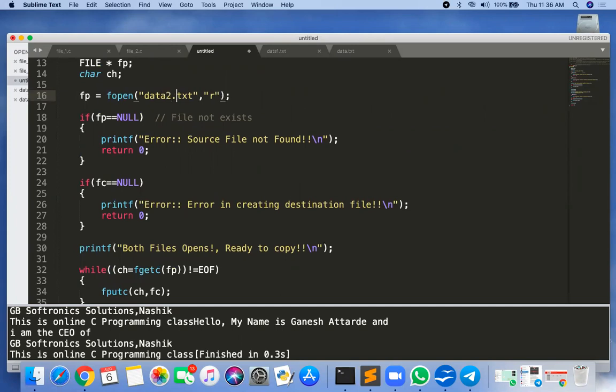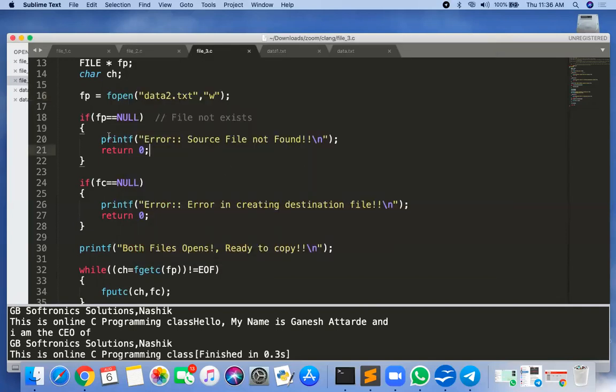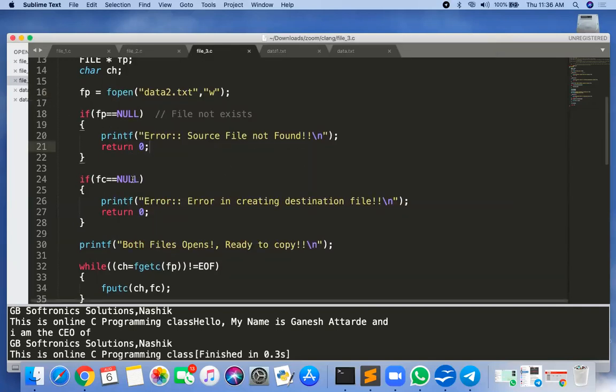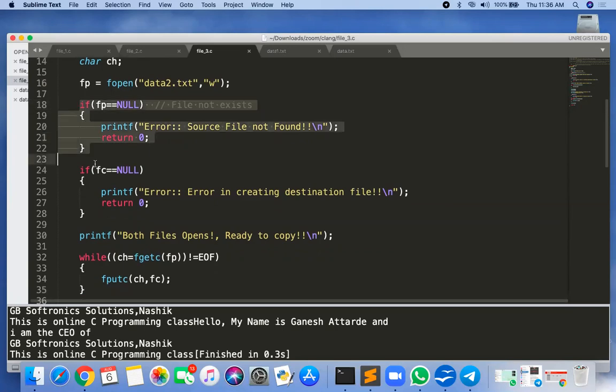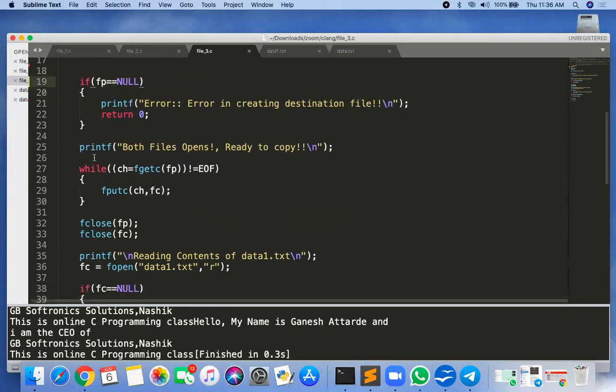I create a data2.txt and it should be in write mode. Control S, file_3.c. If fp equal to NULL, print the error message, error in creating file. This other printf is not required.